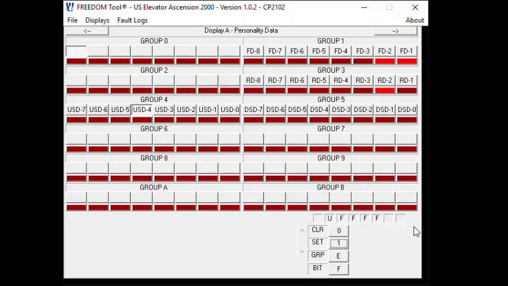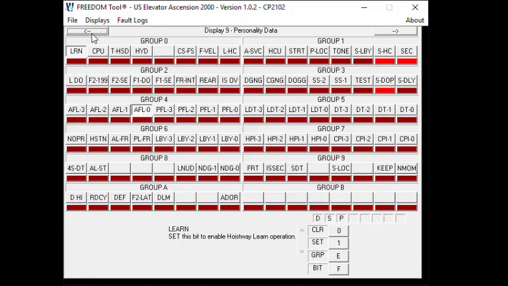In order to complete the final step, you're going to have to navigate back to display number 9. The final I/O you have to change is in Group 0. It's titled LRN, which stands for Learn. So you should navigate to that I/O, change it from Clear to Set, and at that point the car should take off